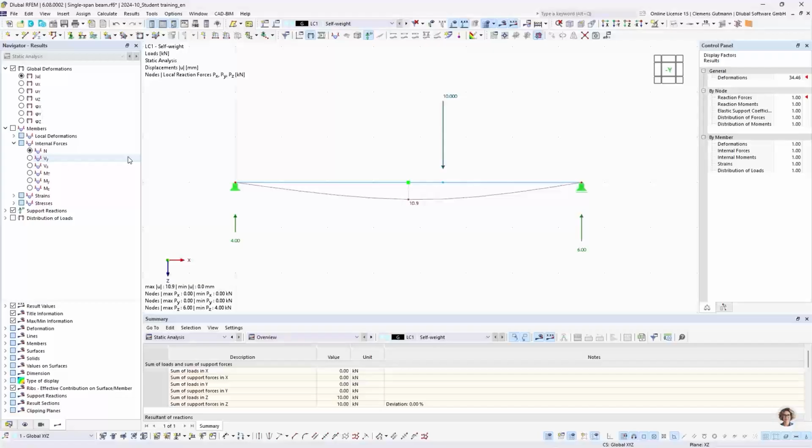And now we want to inspect some of the results. So we have the global deformation, and it delivers a plausible result. We have then the bending moment with 18 kilonewtons. This is also plausible, and we can see if the corresponding